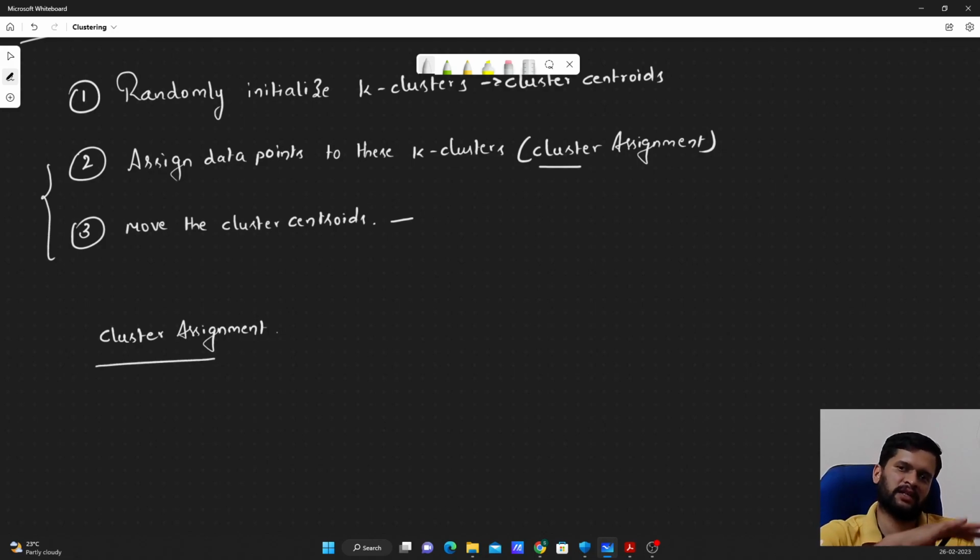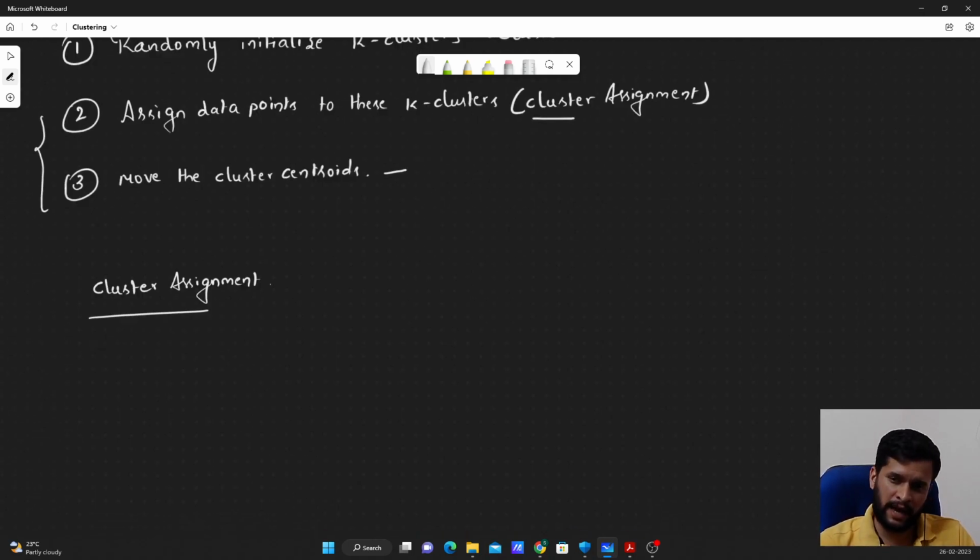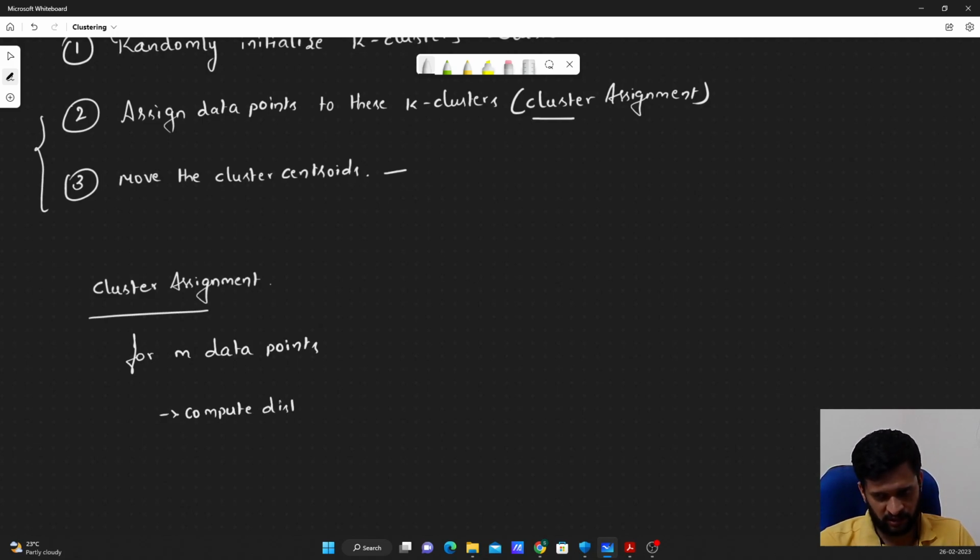So after initializing the k clusters, once we have the data points given with us, we will randomly initialize k clusters. Now for m examples, for m data points that we have with us, we will compute the distance for each of the m data points. We have m data points, correct? So compute the distance for each of these m points with k clusters,